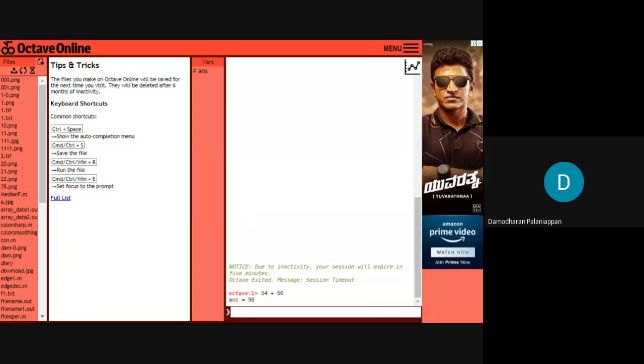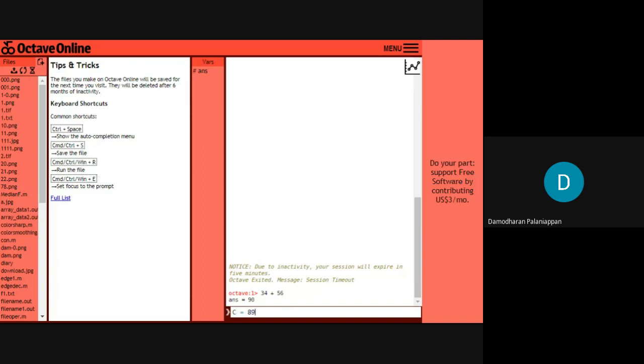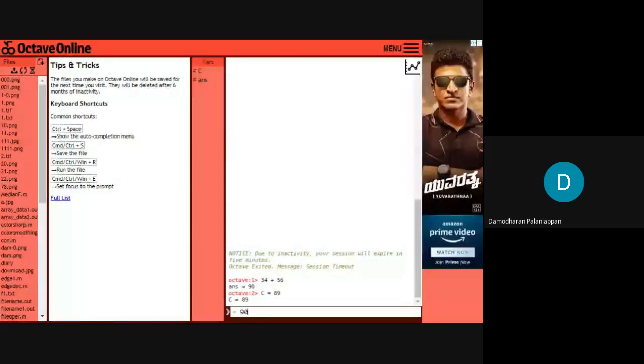I'm giving another example. C is equal to 89. D is equal to 90. Then R is equal to C plus D. You can see this line will be executed by the interpreter.